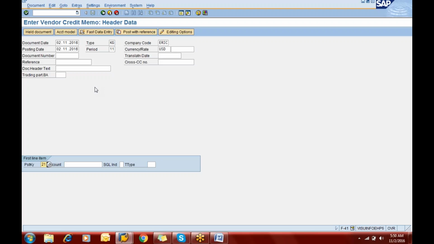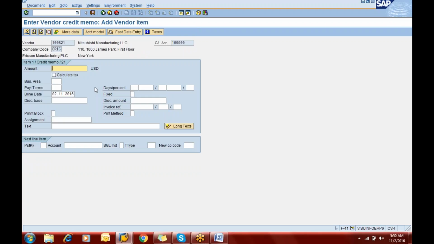This 21 is for the debit. Normally we credit the vendor, but here we are debiting the vendor. Why? Because we have returned some of the material. Here we are assuming that we have returned some of the material, and accordingly we will debit him. His number is 100,821, press enter, and out of 90,000 we have returned back goods worth